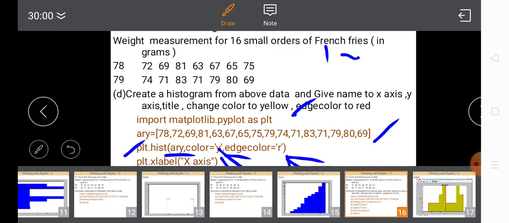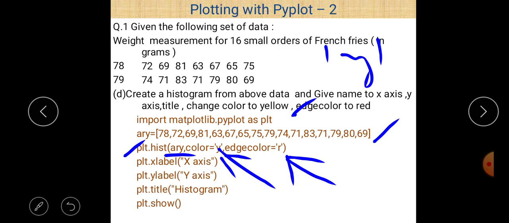The y character is used to represent yellow, and the r character is used to represent red. You can also give the full name of that color, but here we use the character that represents the color name. So color equals y, by which we are able to change the color of the histogram to yellow, and then edgecolor is red in this case.